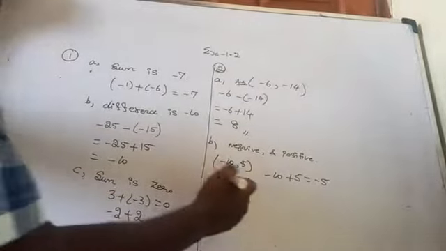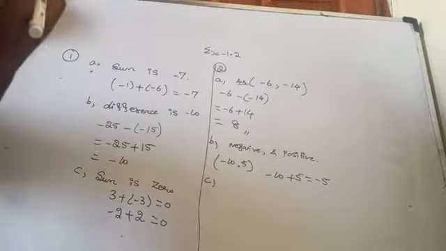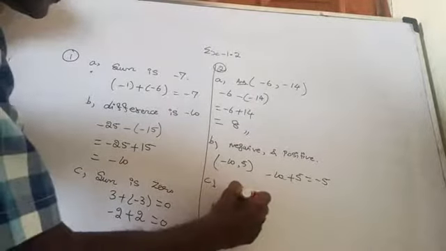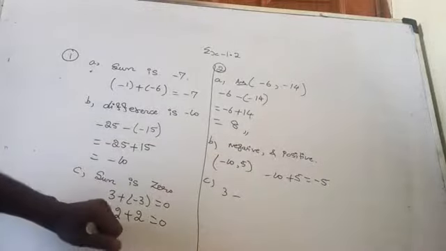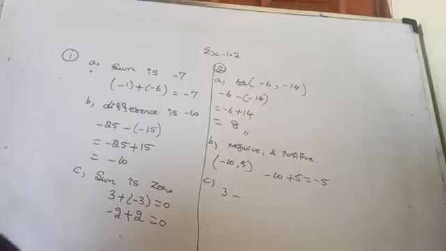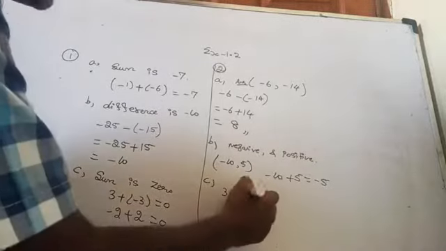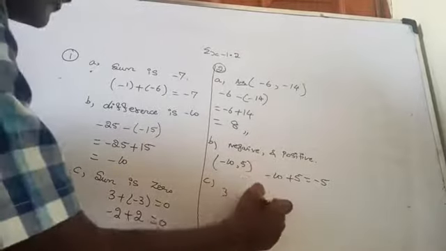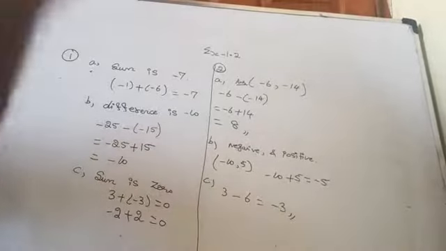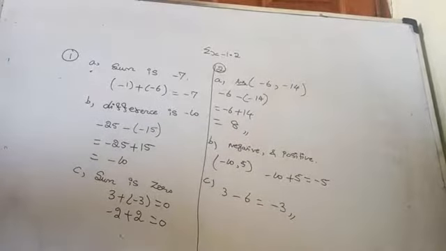So how can you take the positive integer? 3 minus, am I right, sir? 3. What is the difference? What we need is the difference minus 3. So 3 minus 6. Minus of minus 6 means it will become plus. Then 3 minus 6, that is minus 3. 3 minus 6 is what? Minus 3. But here we took two positive integers.